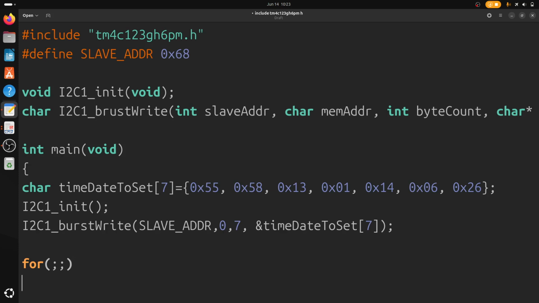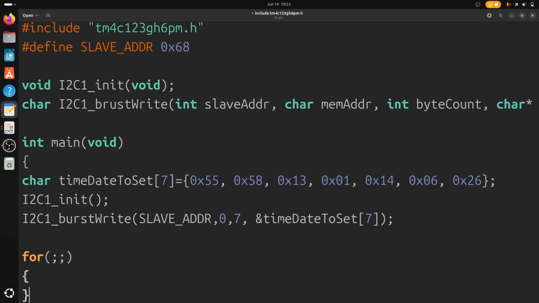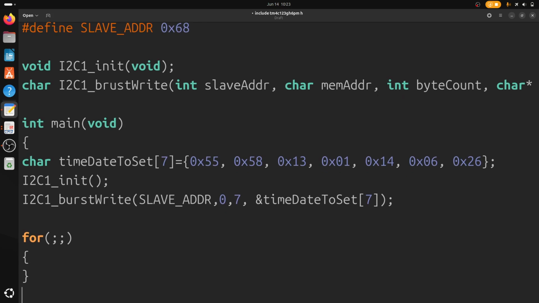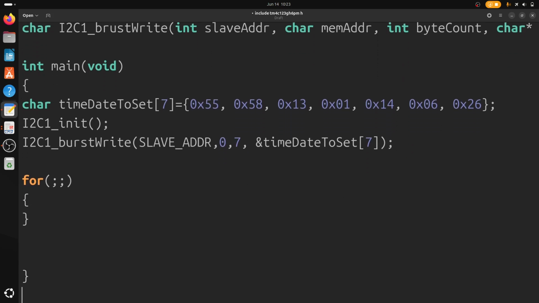I think it's there, but just make it run an empty loop, an empty for loop, because after writing this function there is something in the